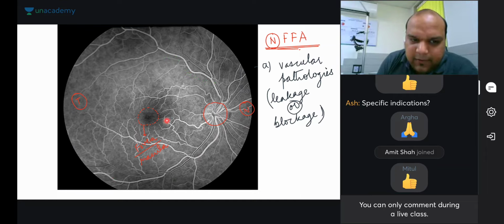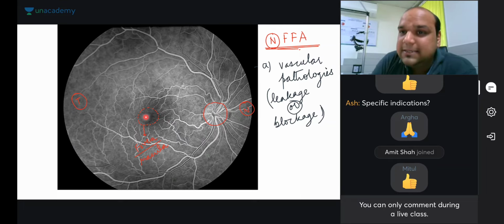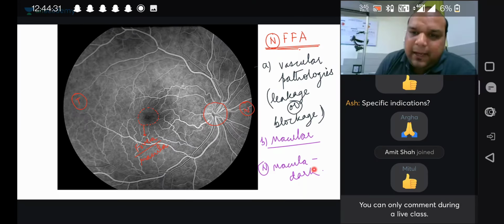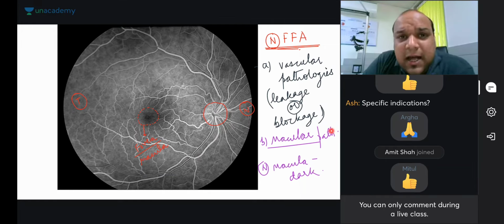Now, what is the second important thing we have to see in this diagram? If we focus, we see that the macula is black in color, or the macula is dark. Why is the macula dark? If I ask you in simple words, the macula is dark because we already know the macula is avascular,